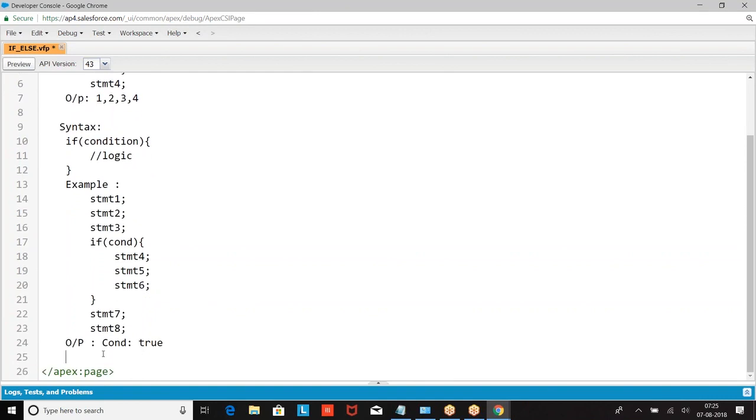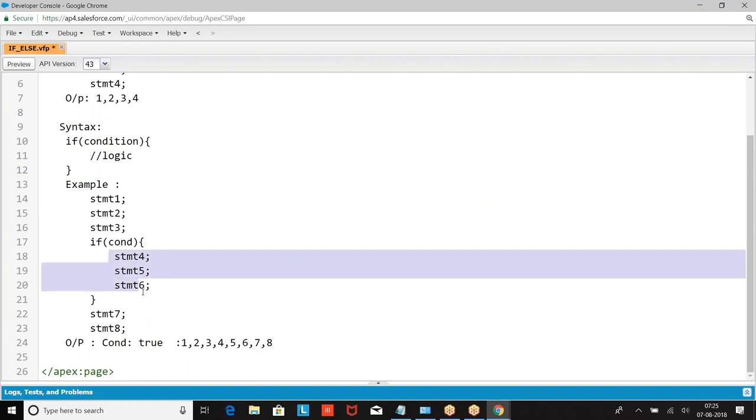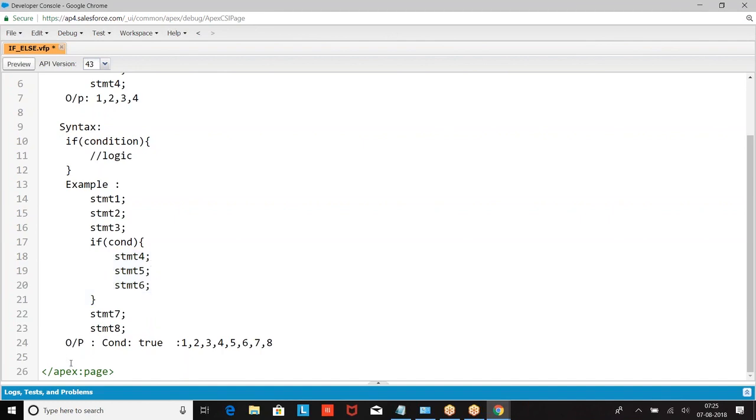If the condition is true, we are going to get the output as 1, 2, 3. After 3, check the condition. If the condition is true, run 4, 5, 6, 7, 8. The scope of if will run only when the condition is true.